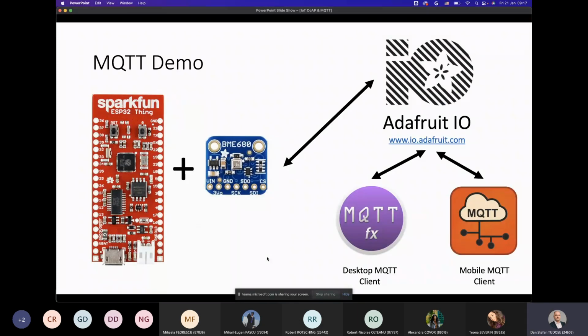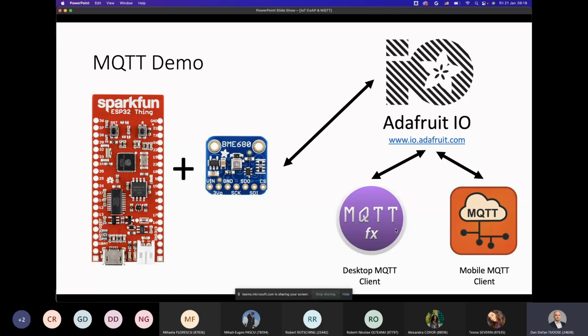Now we're going to follow with an MQTT demonstration of how this works, in which we're going to have the ESP32 board or your boards connected to an MQTT service. So you have this broker, and we're going to use Adafruit.io as an MQTT broker to connect to the board and publish and subscribe to different topics.